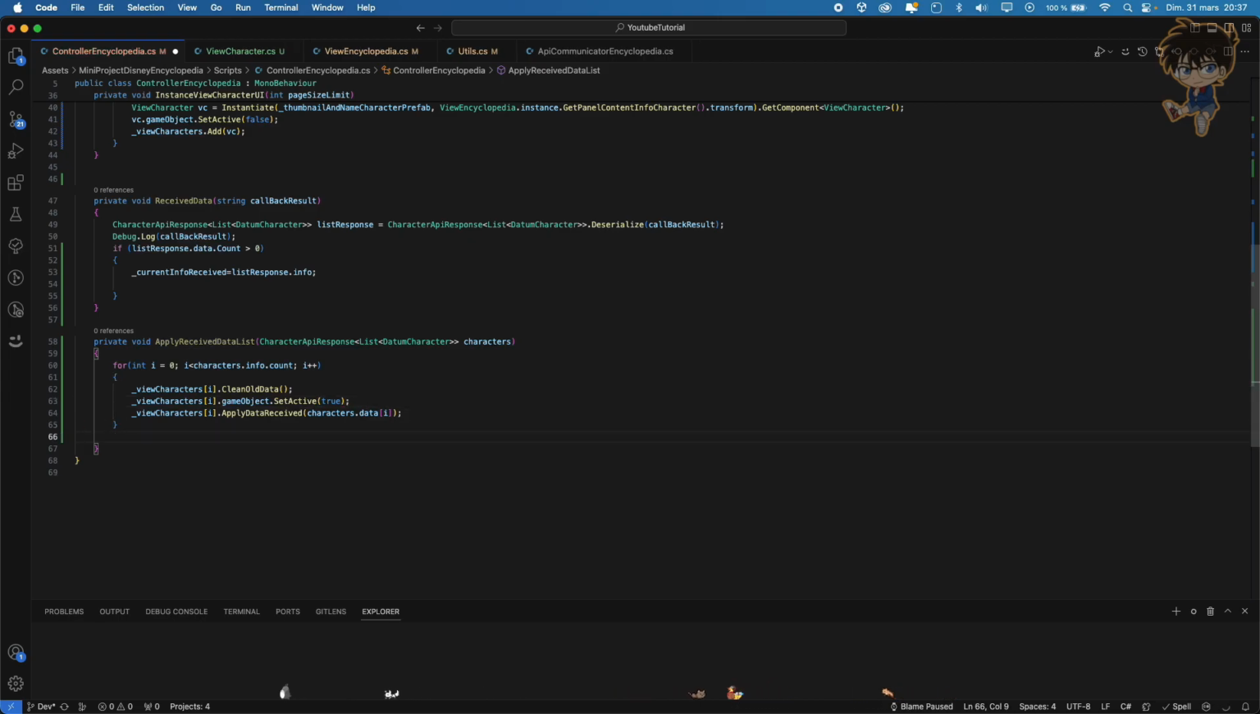And we also need to handle all the view characters that are not used. Let's say the first time we receive 12 characters. That's awesome, because we got all 12. But if I search again and get only 3 characters, because we didn't handle the last 9, those 9 will remain. So we need to handle this. To be able to do this, let's create